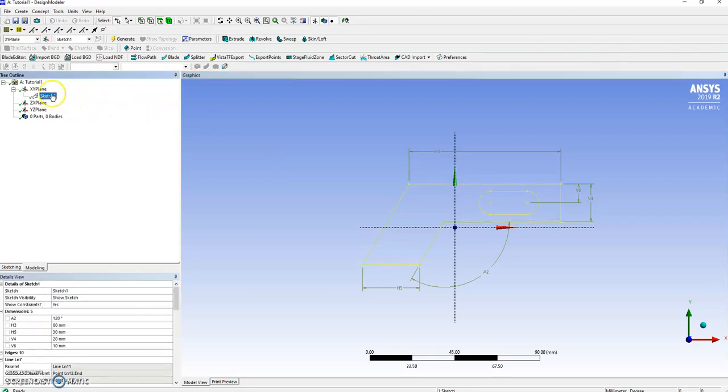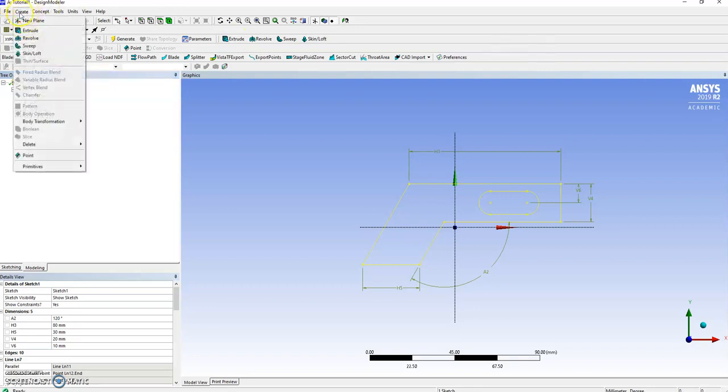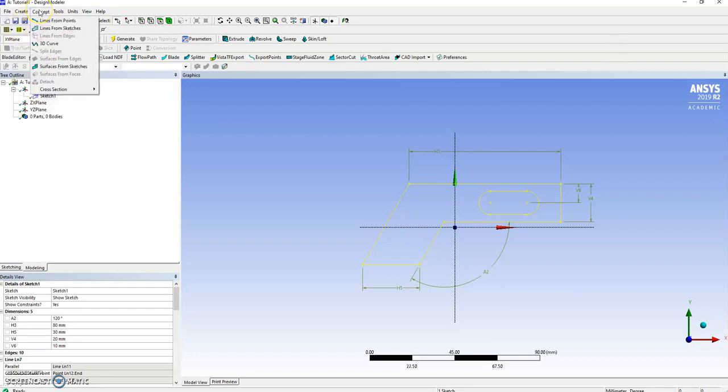Now, what do I do with sketch 1? Well, with sketch 1, you highlight it, and then you can do things with it. Now, the most obvious is to extrude it. Alternately, you can get that from the Create drop-down menu here. A lot of options, and you're familiar with these. Another one we'll use at a later stage is to create a surface from a sketch. So I can use that sketch, and that would create a surface model. And that's going to be very important later, because we'll see that later, but